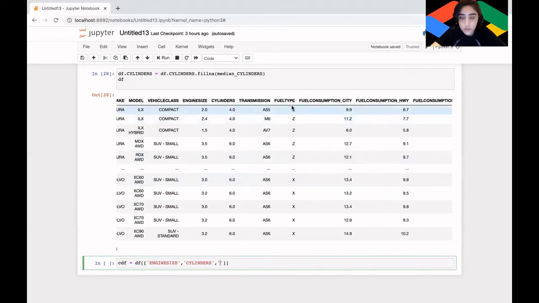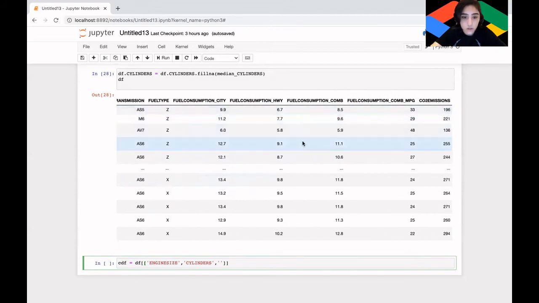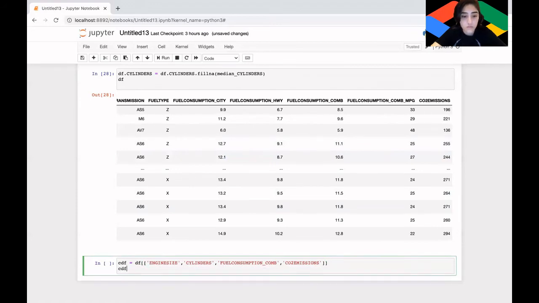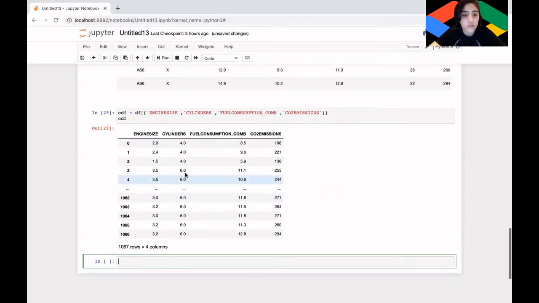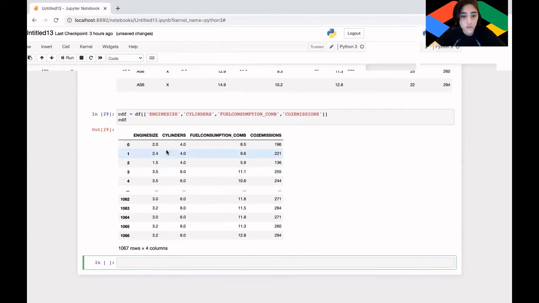We'll skip these two because they're just labels. So that is our new data with just these 4 columns. A lot simpler. And then from there, we can